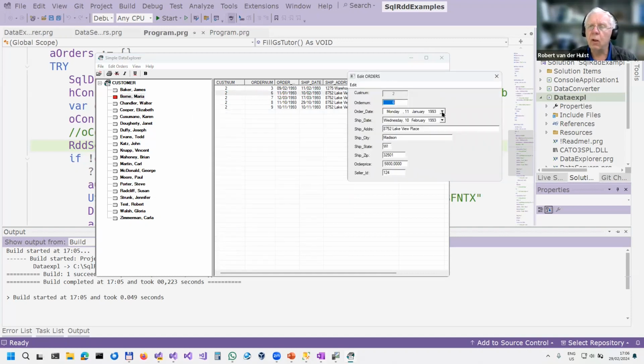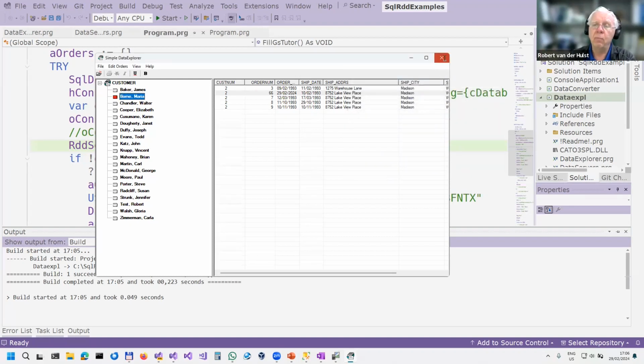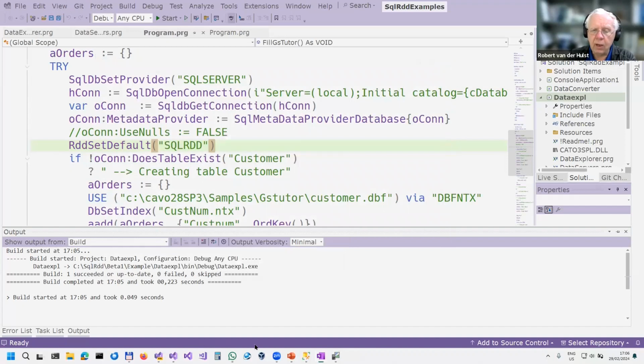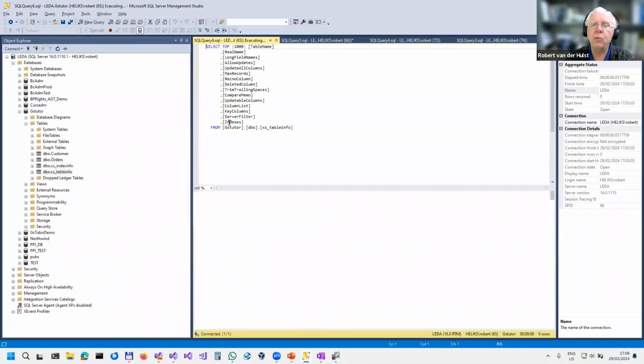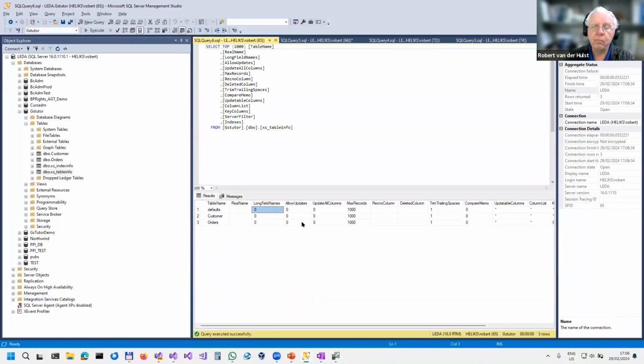This is linked, so you see the column immediately changes to 29th of February. And if I change the order number to 66, you will see it gets changed. So that works, everything. Now, to give you an idea of the metadata in the server, in this particular situation,